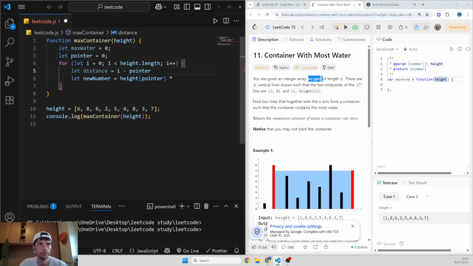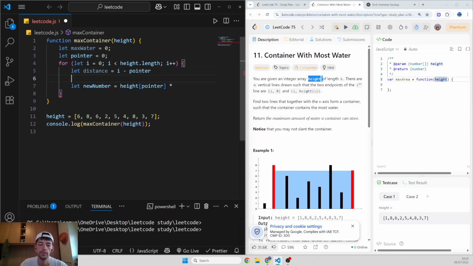Then let new number equals, then we have the height to consider. Let's call it this way, who cares for now, which is, as I said before, the lowest number between the two. So the height to consider is